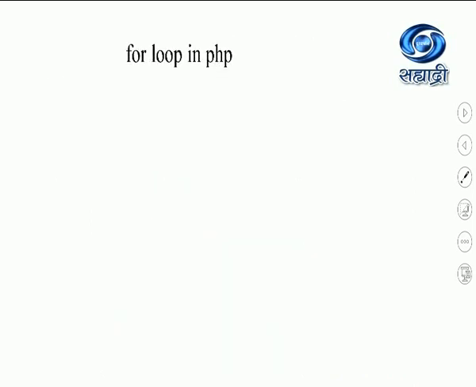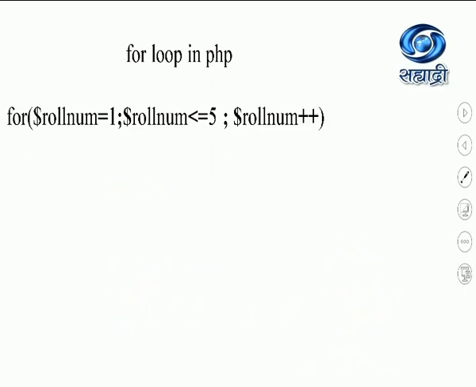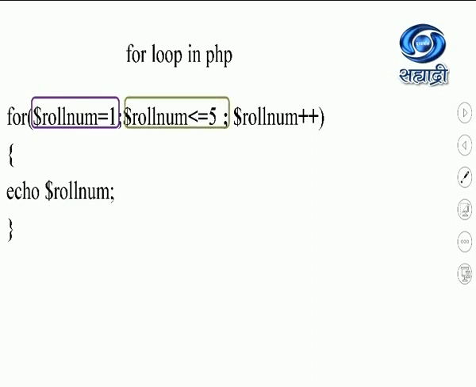Students, let us see the for loop syntax again. This is the for loop. Here the syntax is initialization, condition, which gets executed till the condition is true, and increment or decrement. Students, observe the way in which it executes. Here the initial value it will give first. After that it will check whether the condition is true or false. So 1 is less than 5, that means the condition is true. If the condition is true, it executes this part, means it is going to print the roll number. Now here it will print 1 because that is the initial value for the roll number.